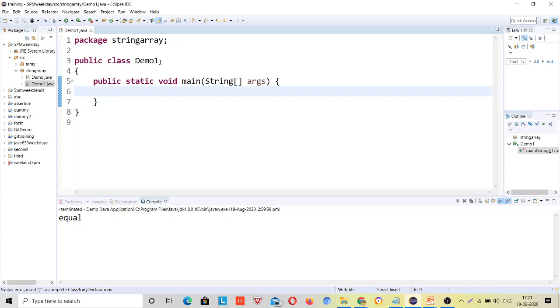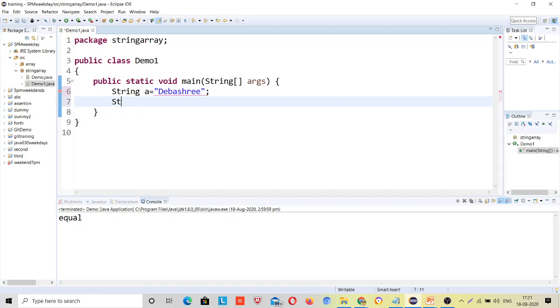Now what I will do, I will declare string a is equal to Debashri, string b is equal to Debashri.